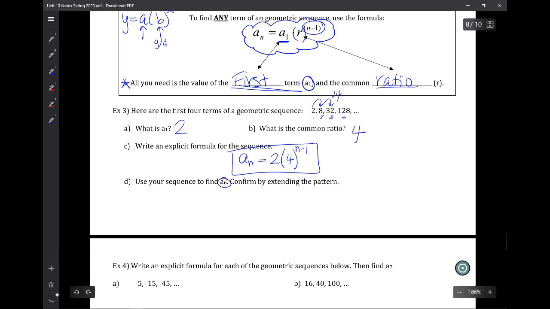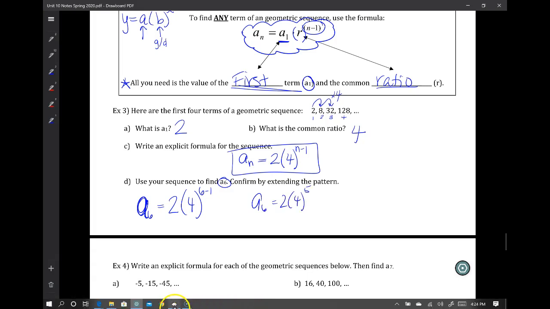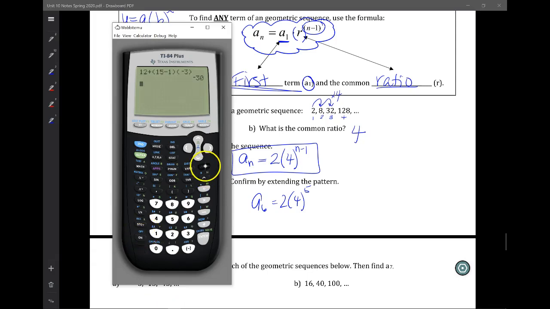And then if I want the 6th term, I plug in a 6. That's an a sub 6, 2 times 4 to the 6 minus 1. So if I want to find the value of the 6th term, I just type that into my calculator. So let me bring up my calculator here. Gotta turn it on. Clear? 2 parentheses 4 raised to the 5th power,